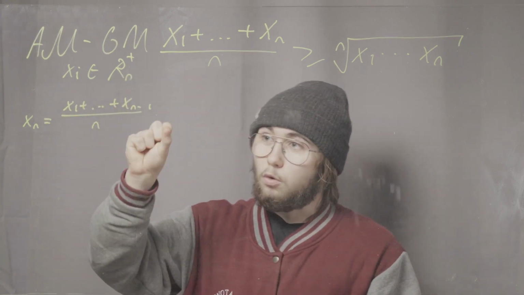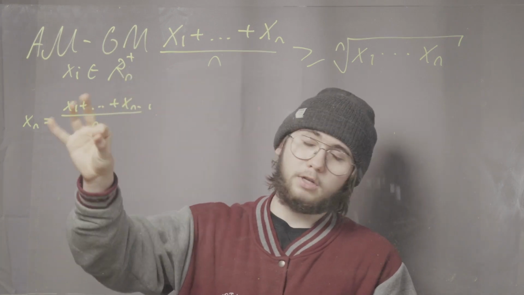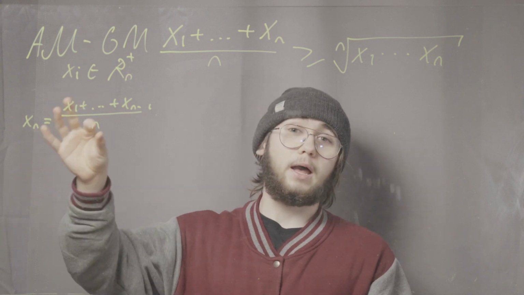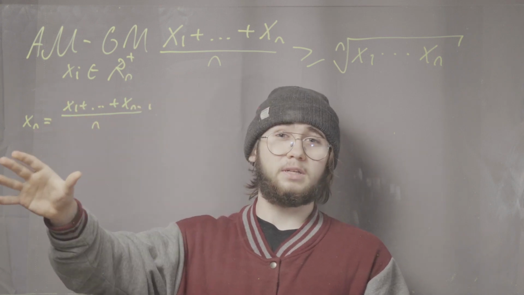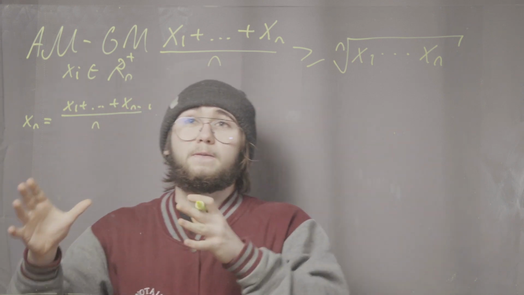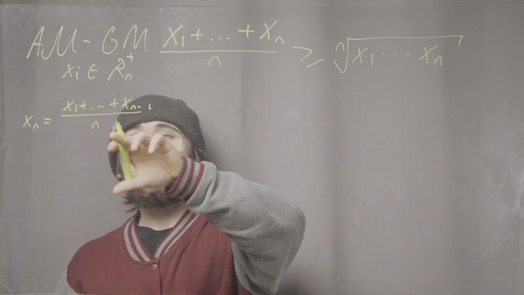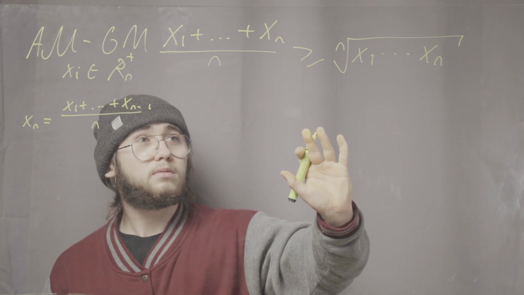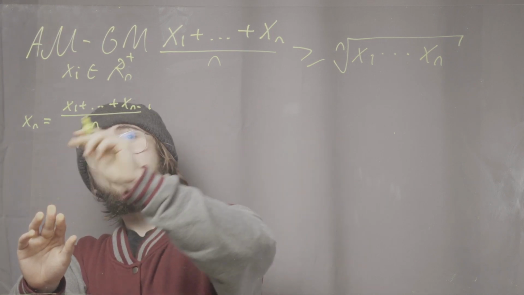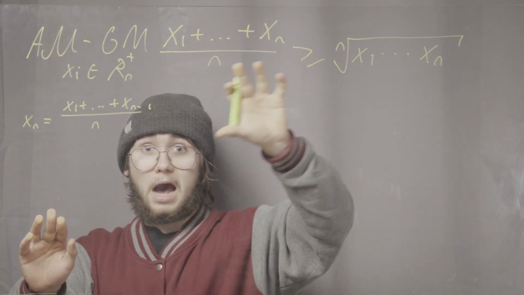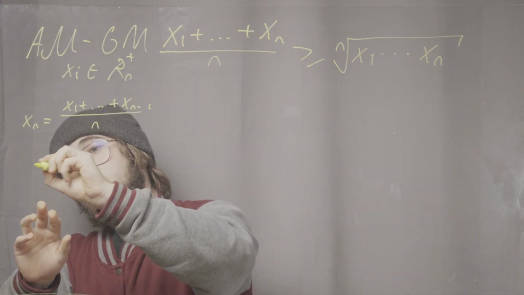And why is this substitution absolutely awesome? My tongue is twisted as hell. Why is it absolutely awesome? Notice one thing. If I substitute this x sub n into my original arithmetic mean of those n numbers, what I would get